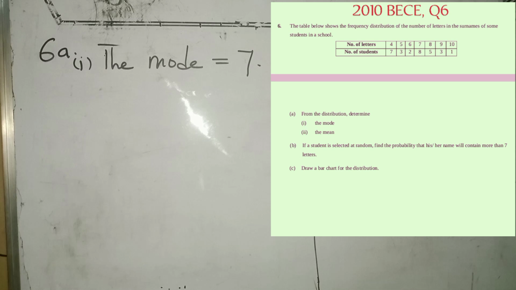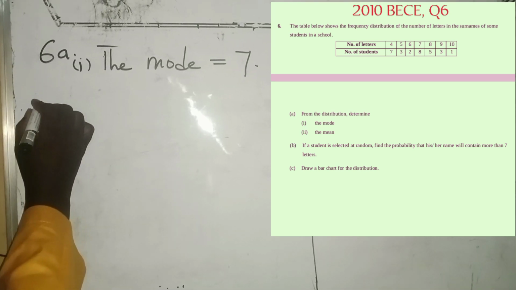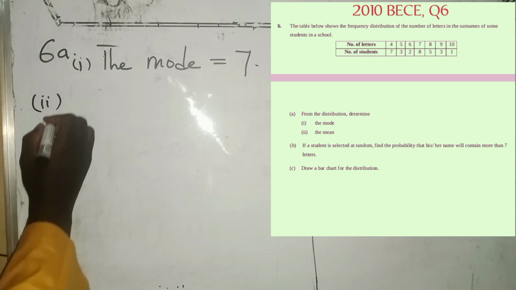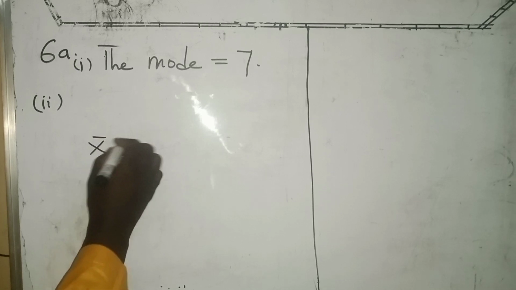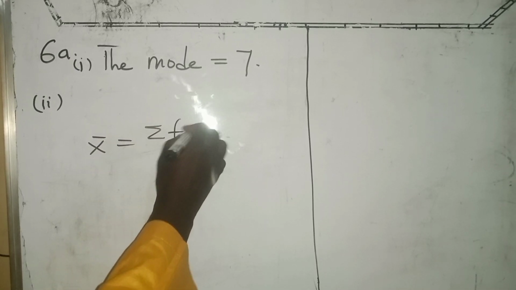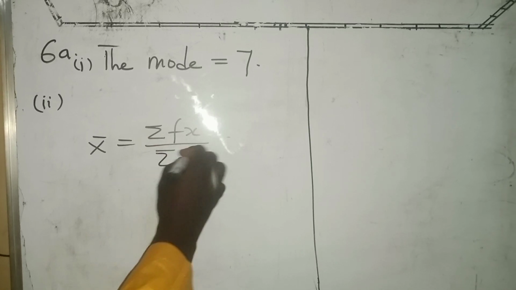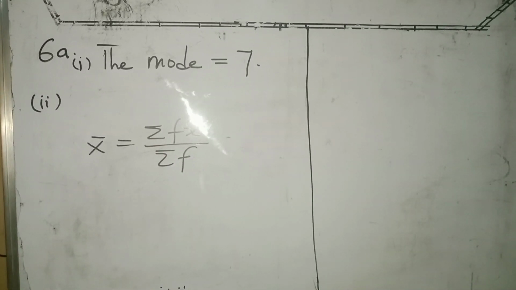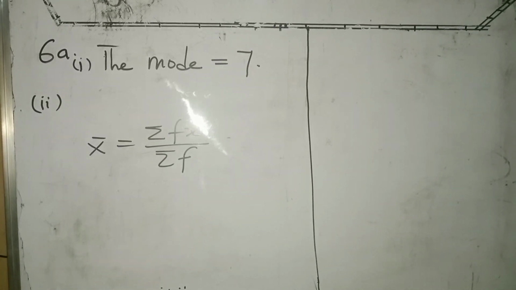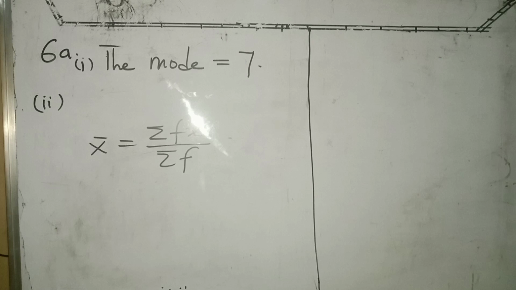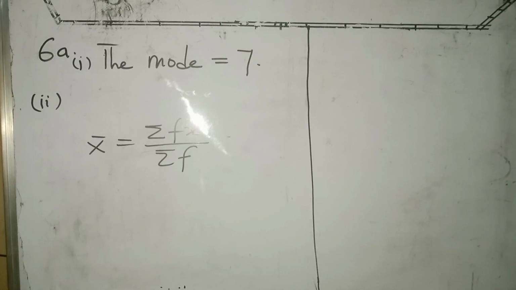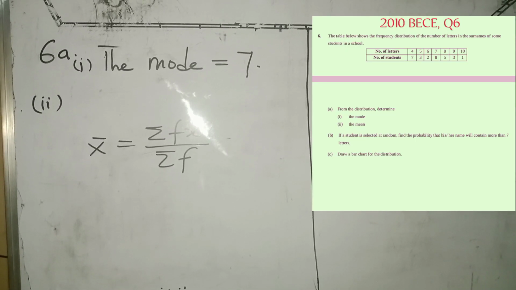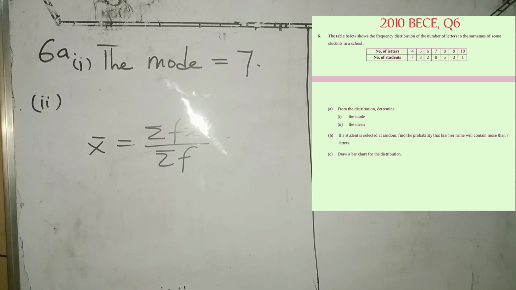I'll move to the next one, which is the mean. We are going to find the mean. Now, the mean of a data is given by sigma fx over sigma f. That's summation of fx over the summation of f. So if you know the formula very well, then you can see that summation of fx is not in the table, even though we can easily get the summation of f from the table by summing the number of